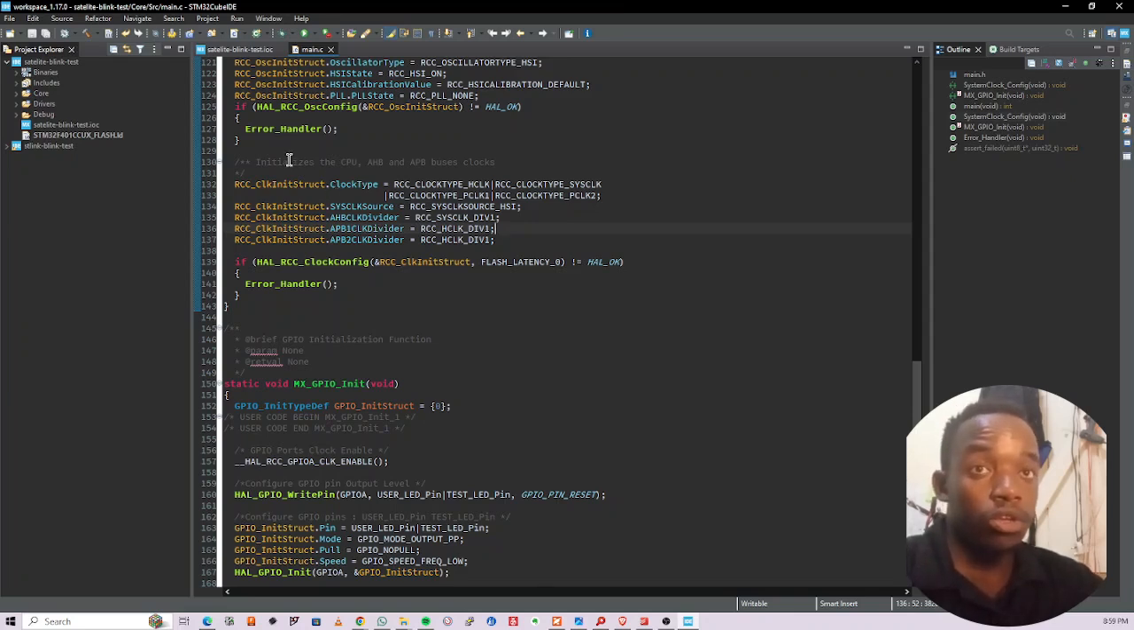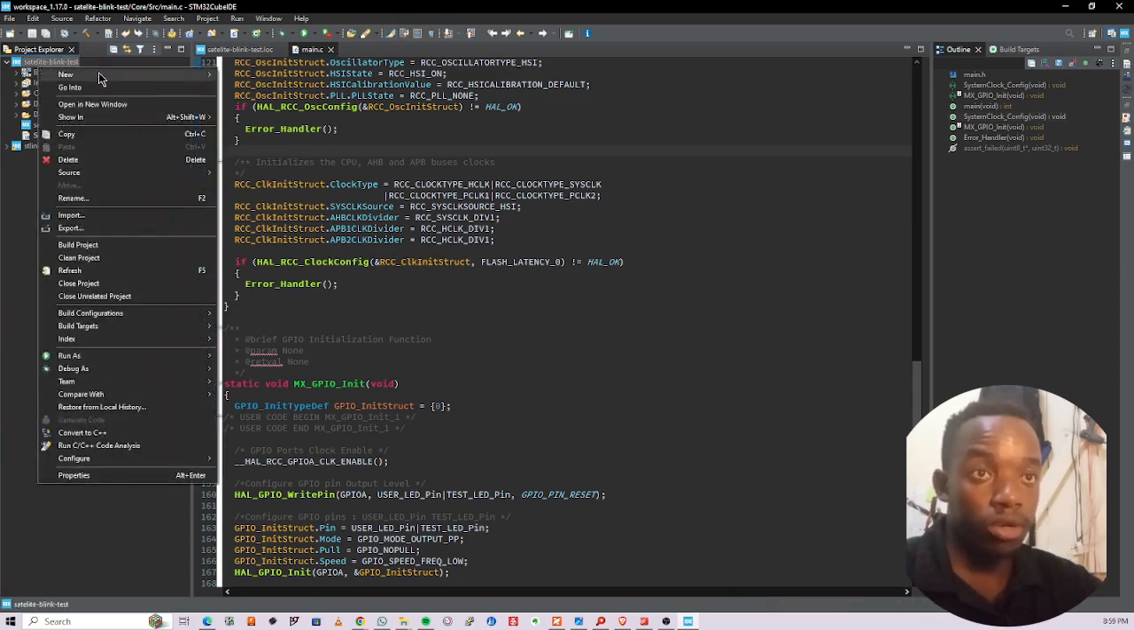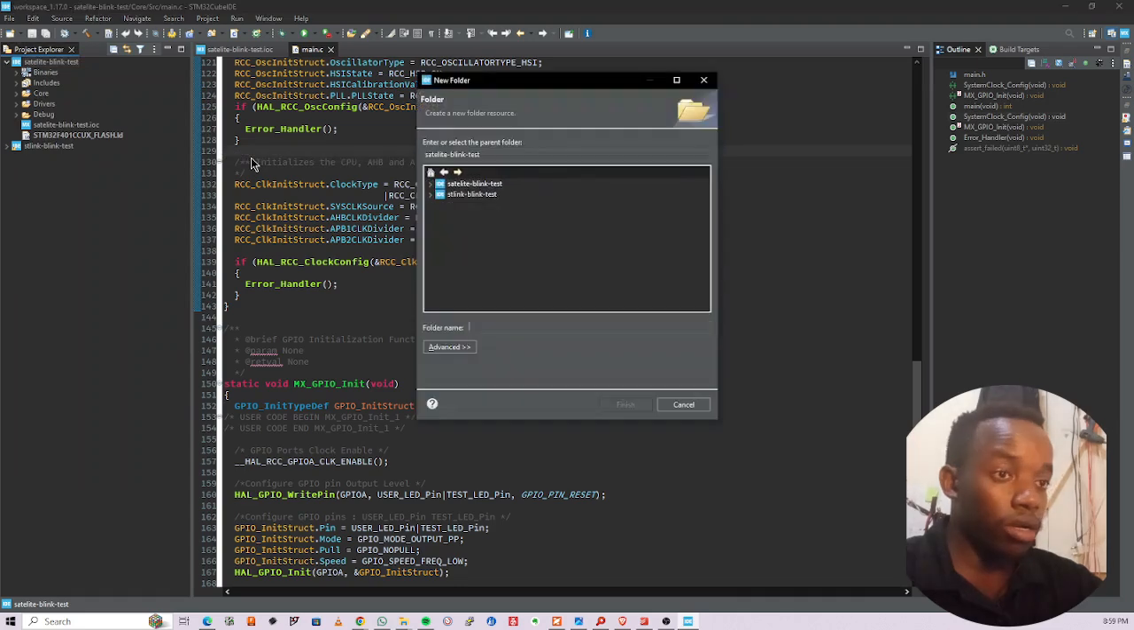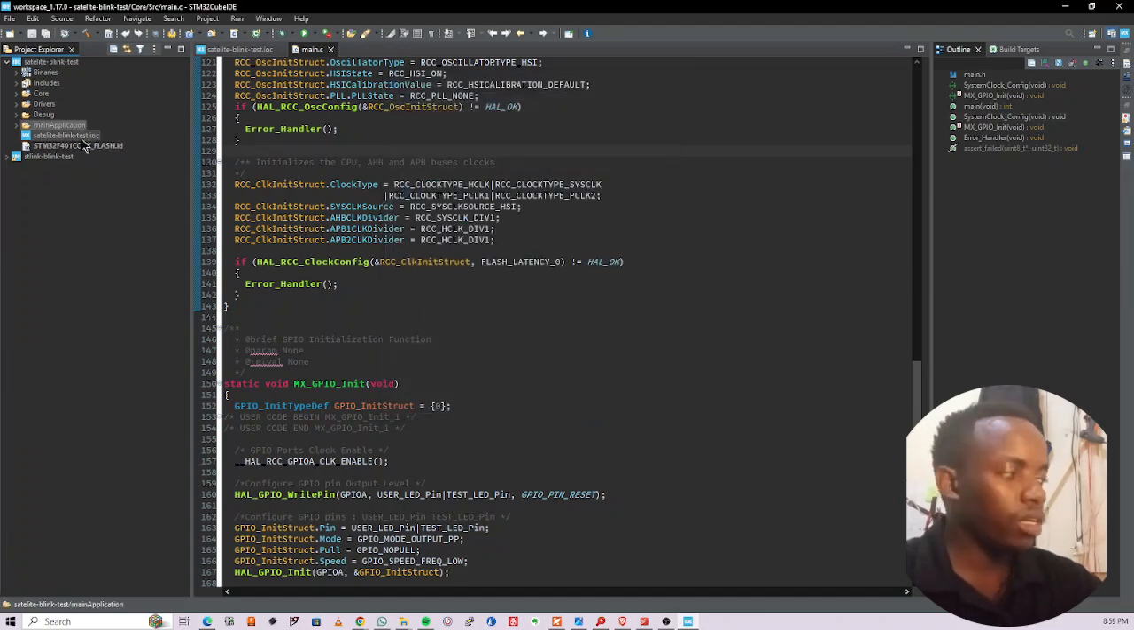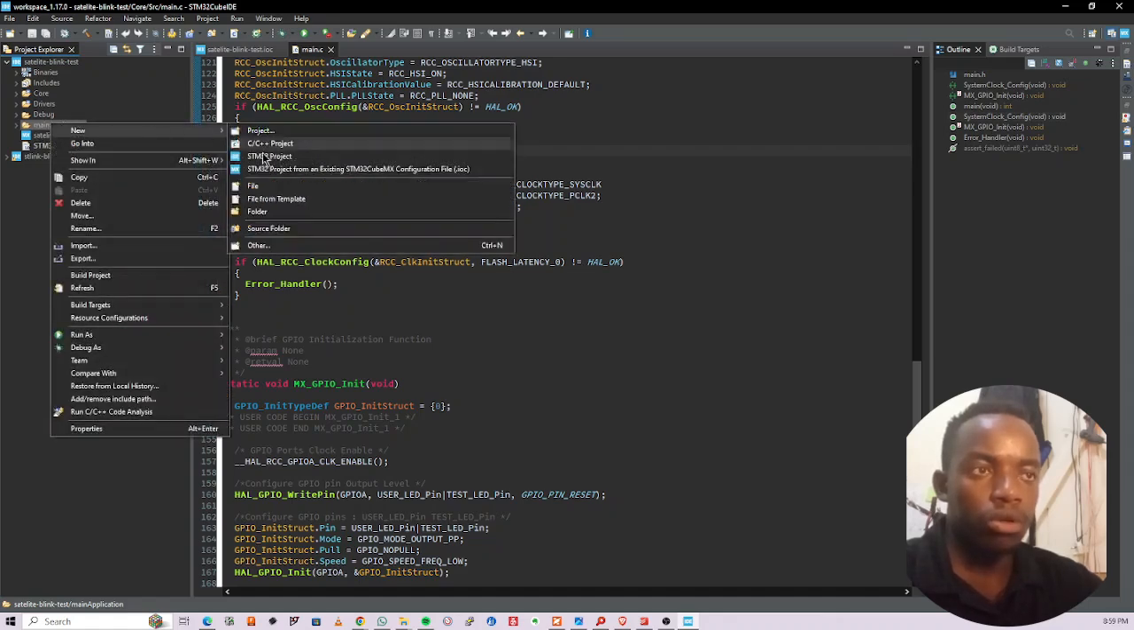function. So you come here to satellite, right click, click new folder. We'll call the folder main application, and press finish. So you can see we have main application at this point. Right click again, inside that folder create another folder, call it